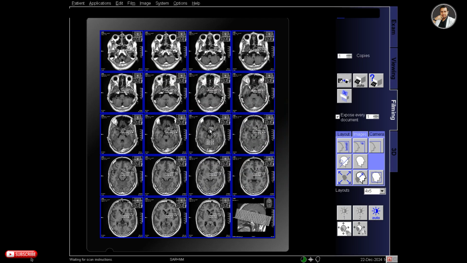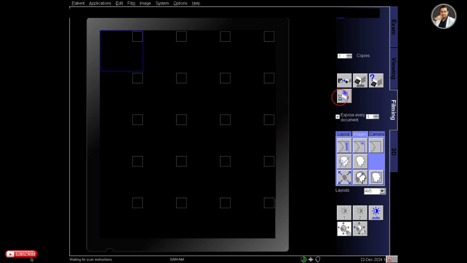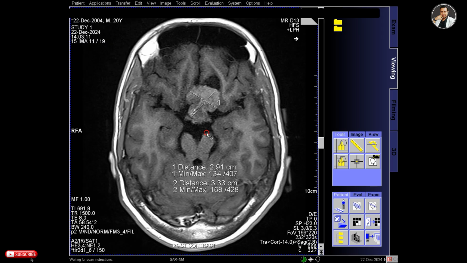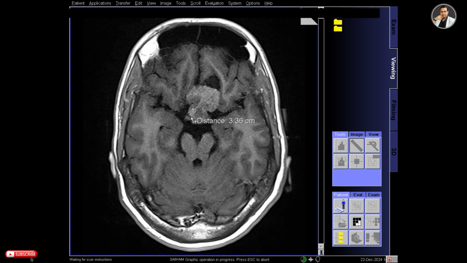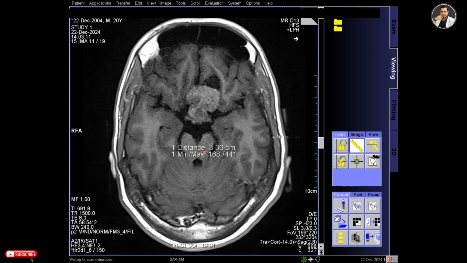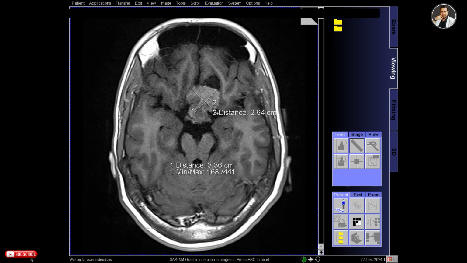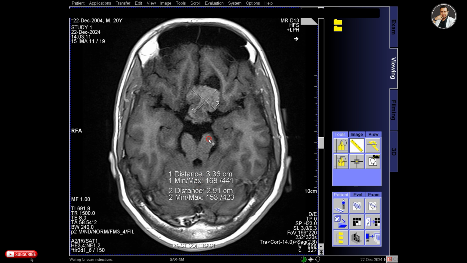So here I made a mistake. You can see that all the scales are in all the images. So select series, select all graphics and delete all the graphics, and then again measure the lesion. So if you measure when the series is selected, then all the measurements will appear in all the images.